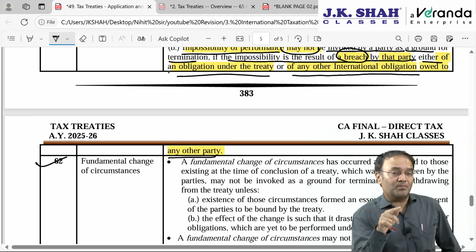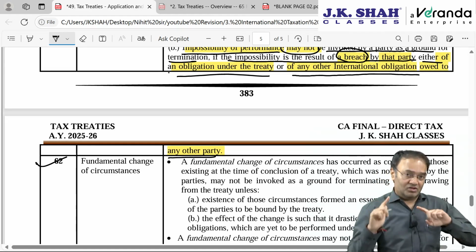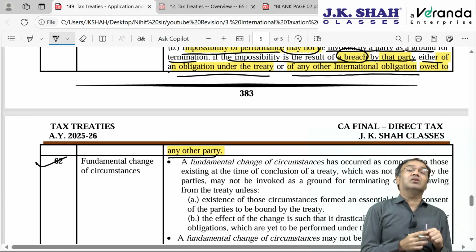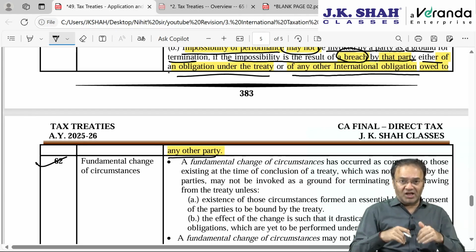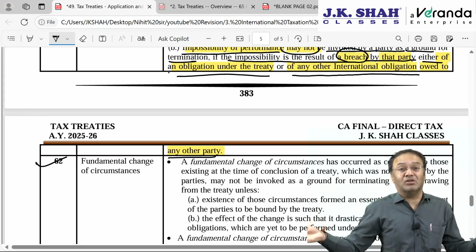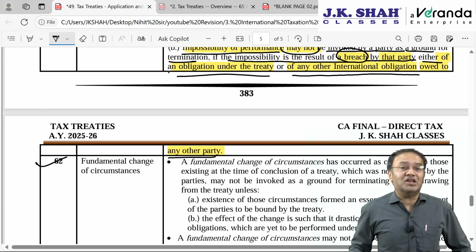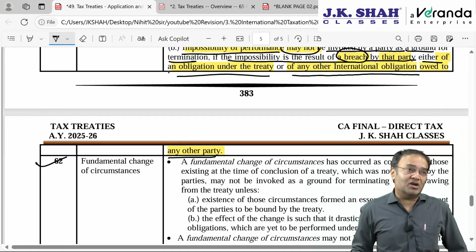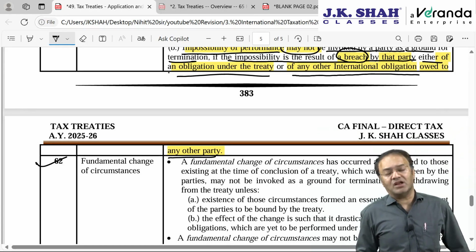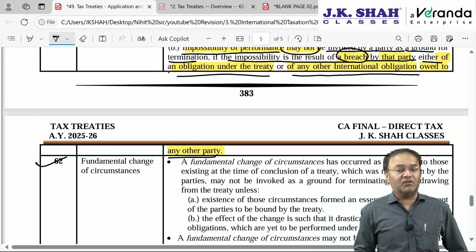Same way, if India does not comply with a particular treaty, say India has entered into some treaty with the United Nations for non-proliferation of nuclear weapons, NTBT. In such a situation, if India breaches it tomorrow, then not only is that treaty breached by India, that is okay, but other countries will terminate their other treaties with India. So if Canada has entered into a treaty with India whereby Canada is going to supply uranium, Canada will stop. Canada will terminate that treaty and we can't do anything. If some other country has agreed to supply natural gas to us, that country will also terminate its treaty and then we will be helpless.